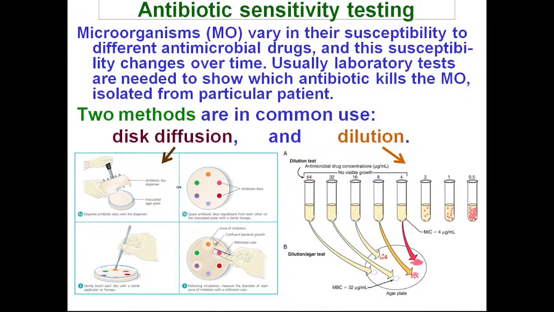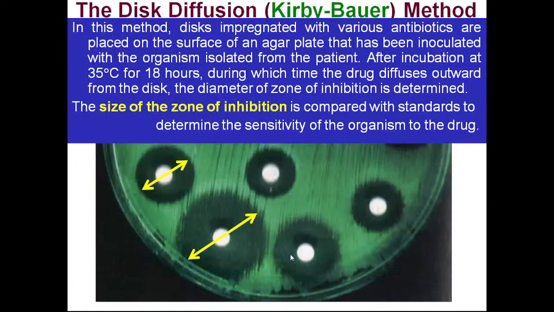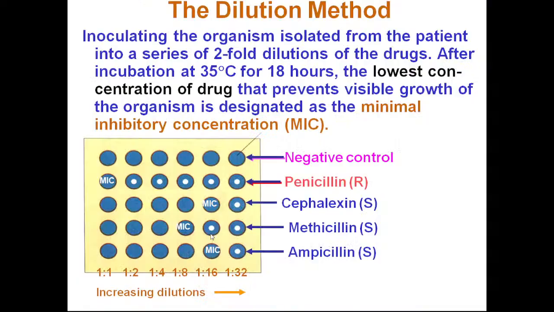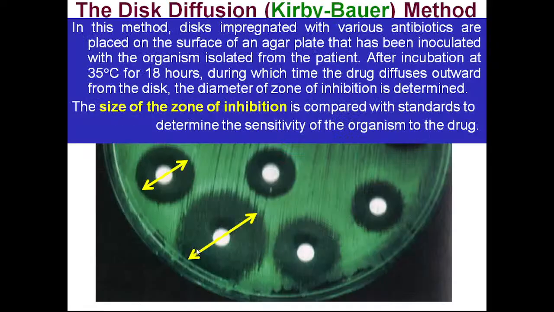So, the different zones of inhibition are formed there. But the thing is that we cannot compare directly and make a conclusion. If we measure the zones, and this zone is larger than that one, so this antibiotic is more effective. No, it is not correct. So we have to measure the zone, the diameter, and compare it